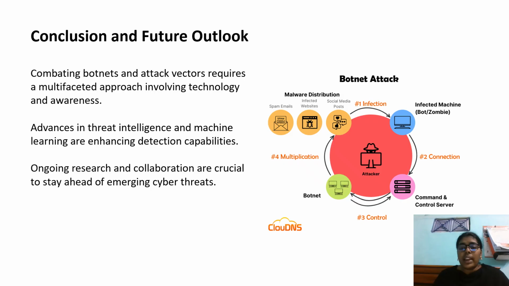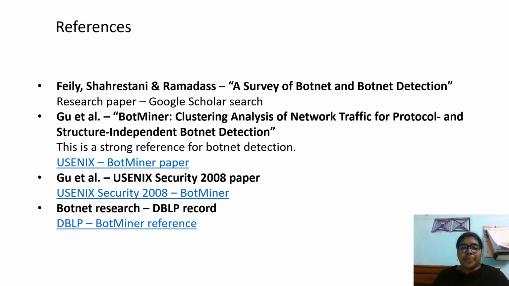In this botnet attack, the first stage is infection, the second is connection, the third is control, and then multiplication. Now we can see the references. Using references, we can take the survey of botnet detection research paper and Google Scholar research, and we can learn about botnets and